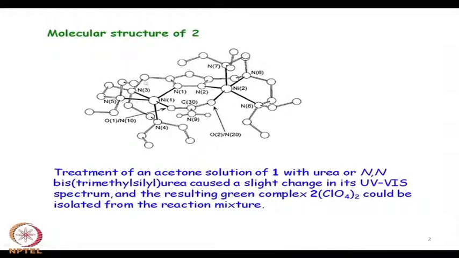It is not that you have the structure and you determine the structure, then only you will be able to tell whether you get the corresponding substitution by urea or the carbamate group. But if you simply notice the corresponding change in the UV visible spectrum, that means there is a slight change in the corresponding color of the green compound, because this nickel you have the strong DD band for the nickel 2, because both the 2 centers we are not talking anything related to the nickel in other oxidation state, that means nickel in +1 or nickel in +3. Here basically we will get nickel in +2. So, the DD transition will be predominating and you have the green compound of this,